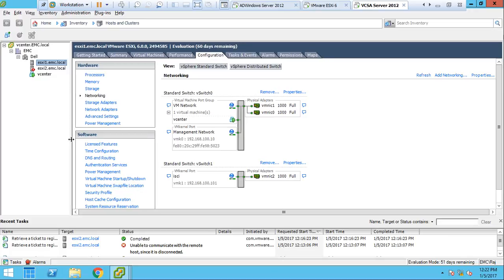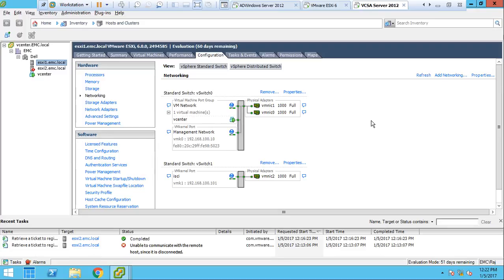So today I will discuss networking related queries, and I will only discuss the standard switch because networking is a very vast area in VMware. In my next video we will see the distributed switch. Today I will show you what the standard switch is, how it's created, and what the policies are, like NIC teaming, etc. We will discuss this area. So guys,